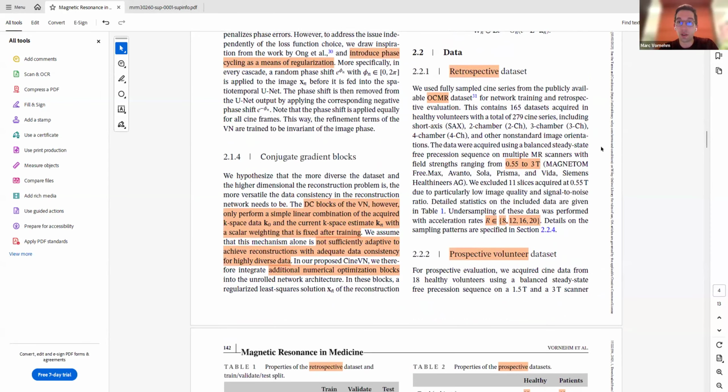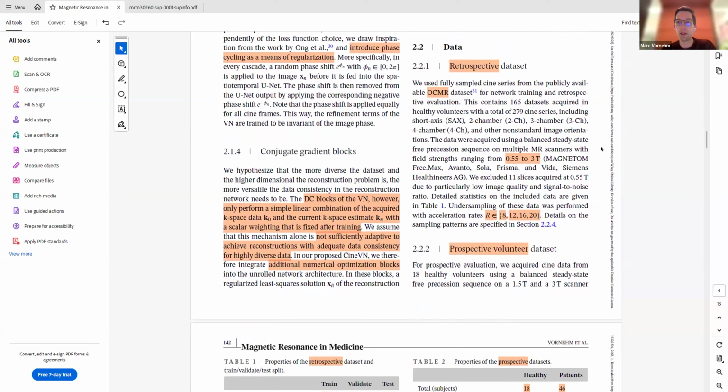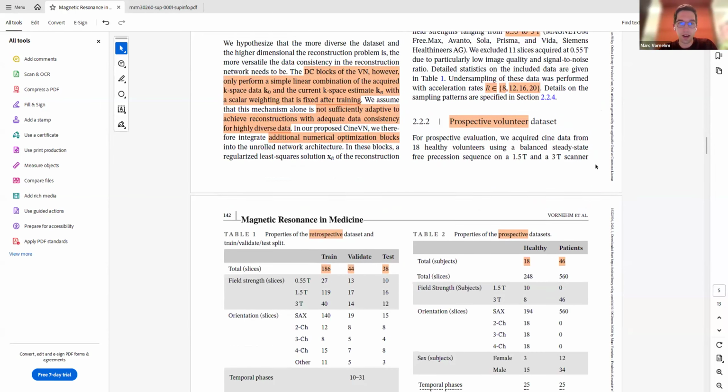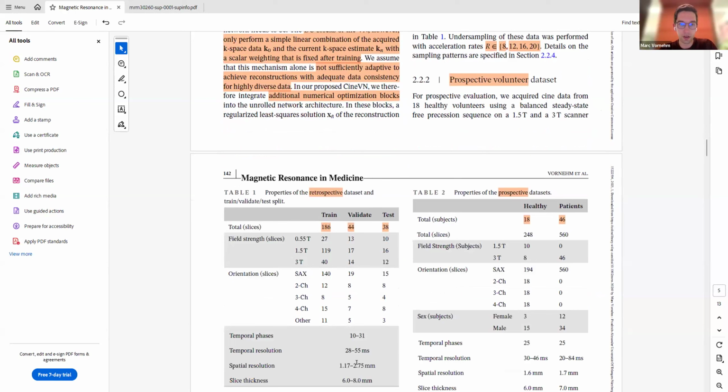So we trained this network on publicly available data from the OCMR dataset. That's fully sampled cine data from Ohio State University, highly diverse between 0.55 Tesla and 3 Tesla, and different resolutions in terms of spatial resolution and different temporal resolution. So that's a quite nice data set. And we train networks for different acceleration rates between 8 and 20.